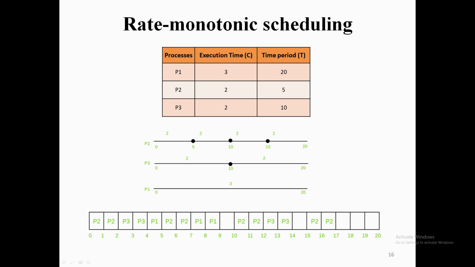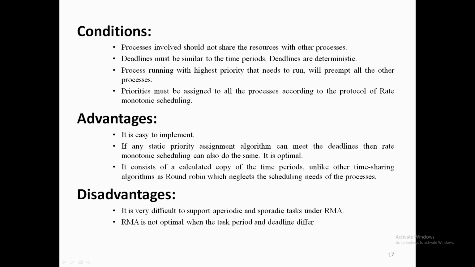So as a continuation of the rate monotonic algorithm, these are the advantages and also the disadvantages. The processes involved should not share resources with other processes. Only then we may have a proper preemption of all the processes, and deadlines must be similar to the time period. Because the deadlines are deterministic in nature, that's why we are having the preemption property here. And also the higher priority processes will automatically preempt the process which is already running in the CPU. So these are all the conditions and also the advantages and disadvantages associated with the